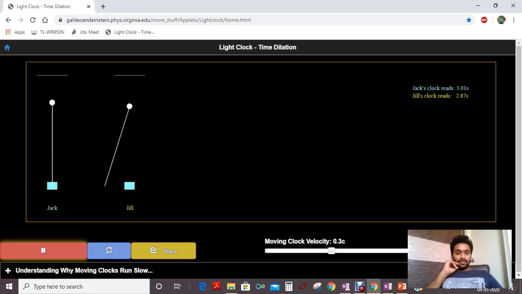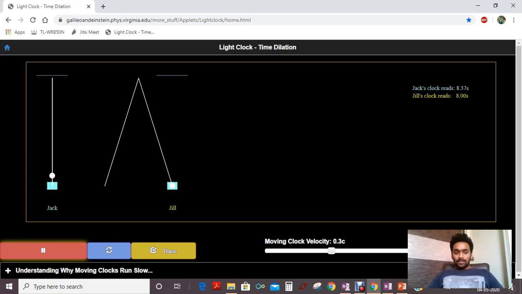So as I said before, the path taken by the moving clock is more compared to the path taken by the stationary clock. So if you see, Jack's clock ticks 8.37 seconds, but Jill's clock ticks only 8 seconds. That means the clock of Jill has been slowed down because of its motion. If I increase this to, for example, 0.6c,